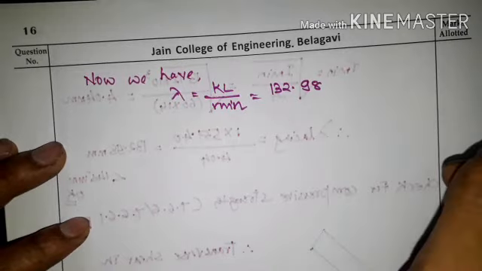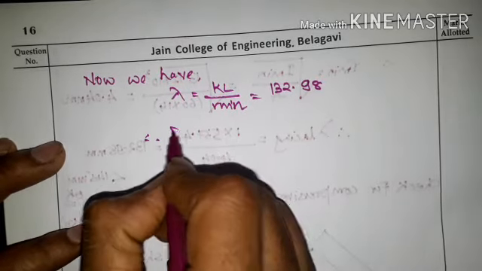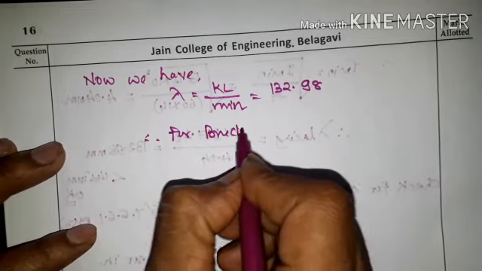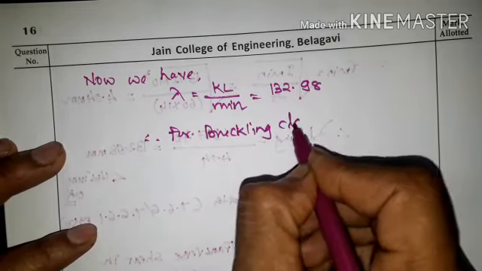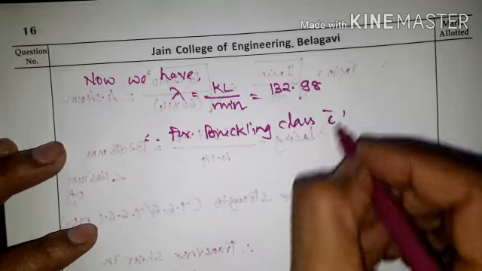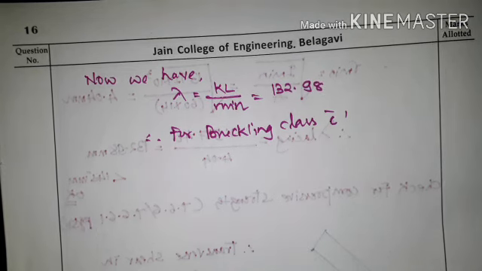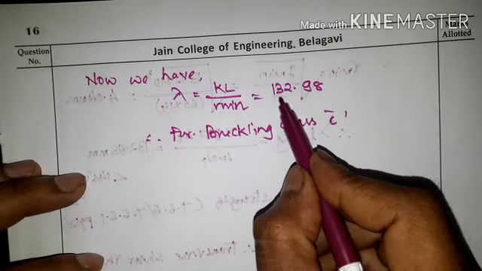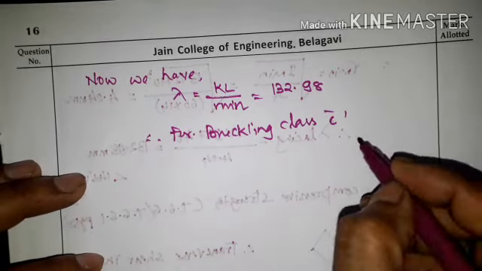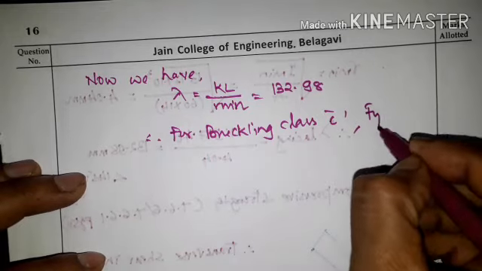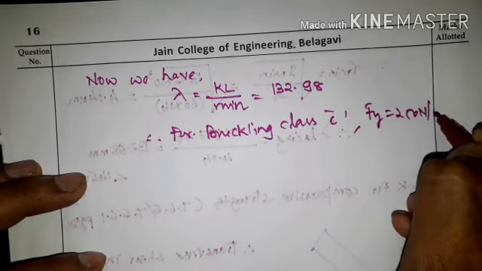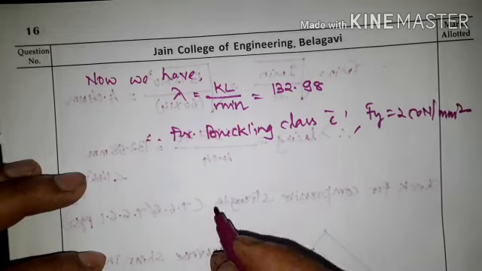Again, for buckling class C, because the plate is again buckling class C. So for lambda 132.98, buckling class C, and Fy equal to 250 Newton per mm square, we'll get Pcd is equal to